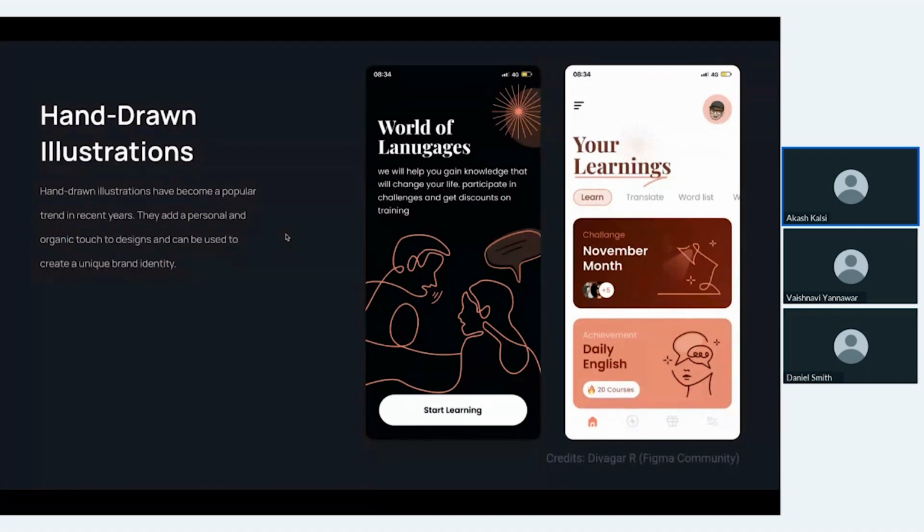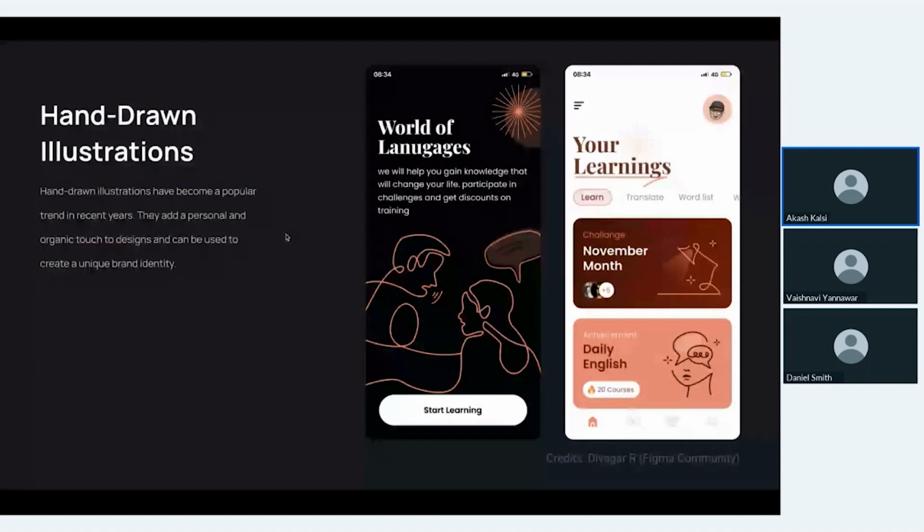You won't regret it. Okay, so yes, guys. There could be some more design trends, but these were my favorite and most used design trends, which I have seen used by many designers in recent years. And I am sure if you are a designer or want to become a UI UX designer, then at some point you will also use these design trends in your work.